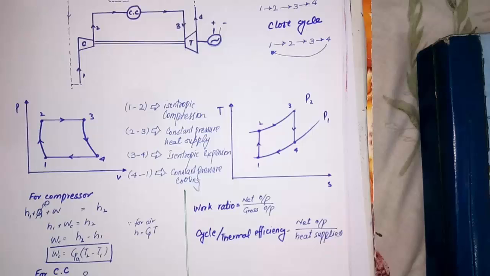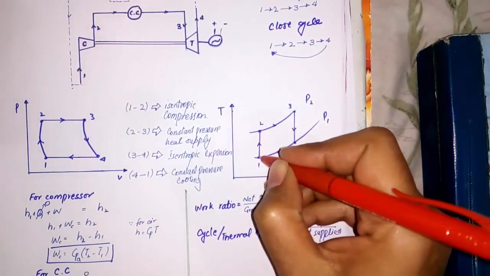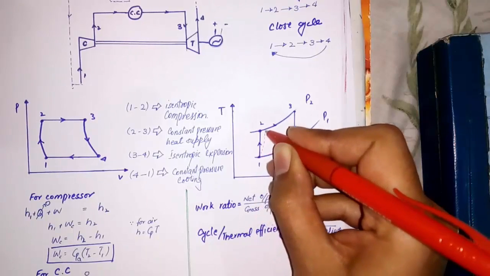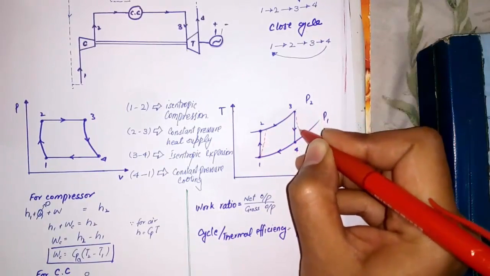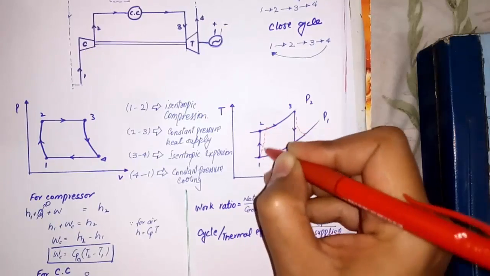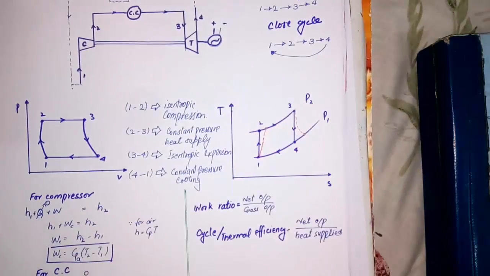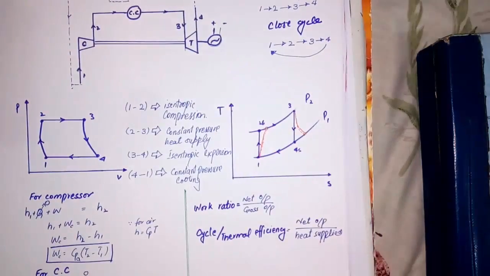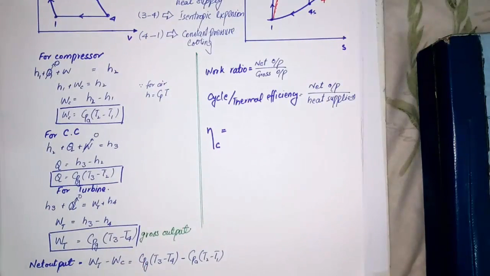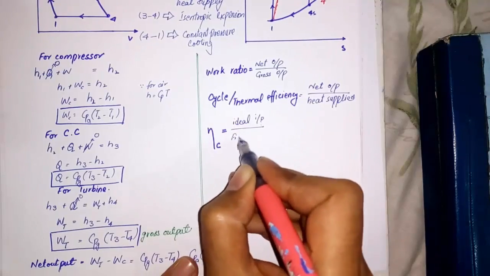Up till now we have discussed the cycle in the ideal case, where the processes in compressor and turbine are 100% isentropic. It means from 1 to 2 and 3 to 4 we have perfectly straight lines, but practically there are some irreversibilities. We also know that entropy cannot be constant. Actually, at every second it is increasing. So we have to make some changes in the property diagram. So the ideal point is 2s and the real point is 2. Similar is the case with 4. In the ideal case, we will get 4s and in real it would be 4. So the compressor's isentropic efficiency is equal to the ideal input divided by the actual input.